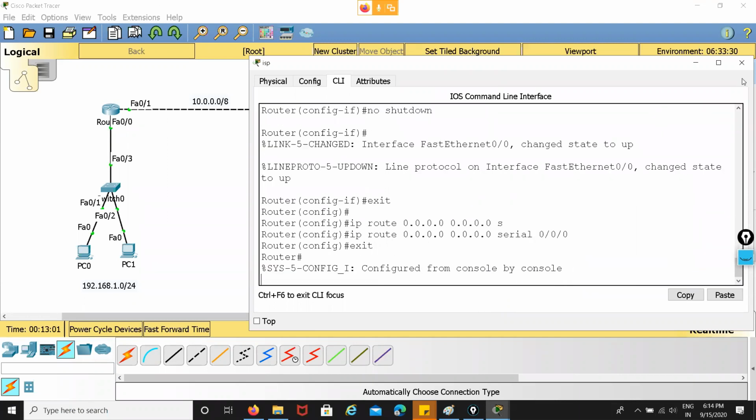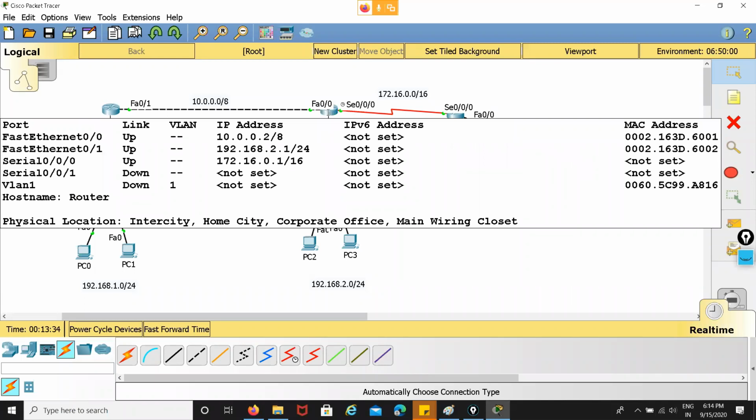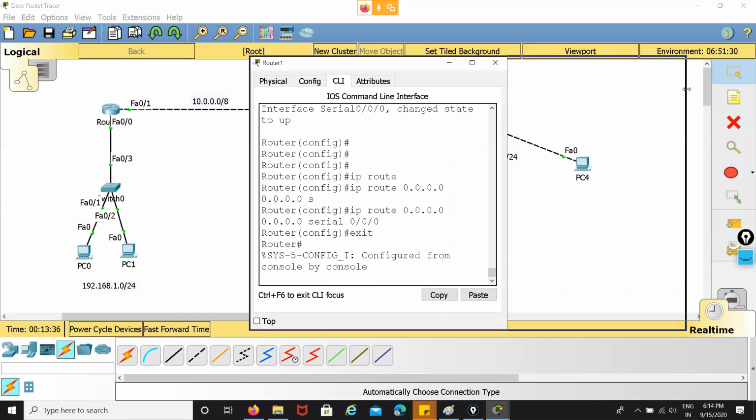Now you can see, if I try to ping from PC0 to PC4, it is not able to ping, because this middle router is the only one with the ability to share information with the internet, since both the default configuration and the EIGRP configuration are available on it. If I want to share this default information throughout this LAN network, then we have to merge that static information into our EIGRP protocol. So how should I do it?